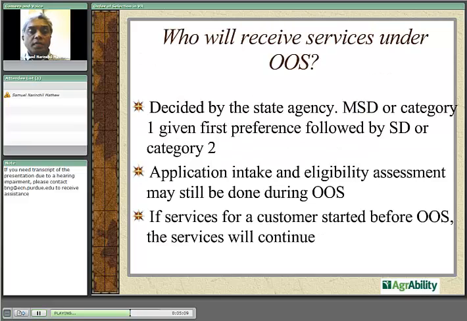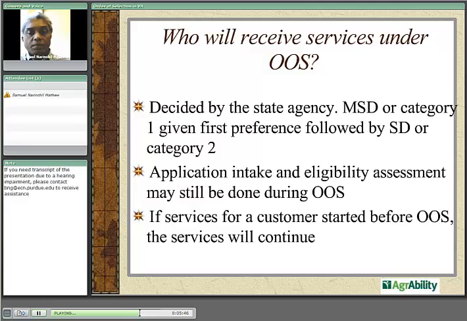Who will receive services under OOS? The state can review its resources and declare OOS at any time of the year. The services to different categories are determined by the state agency depending upon the availability of services, availability of resources. Application intake, eligibility determination, and assessments to determine eligibility and severity may still be done for all applicants when OOS is in effect. Also, some states may freeze applicants itself. They won't take any